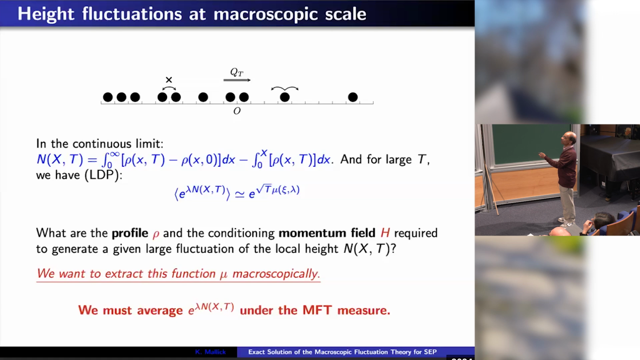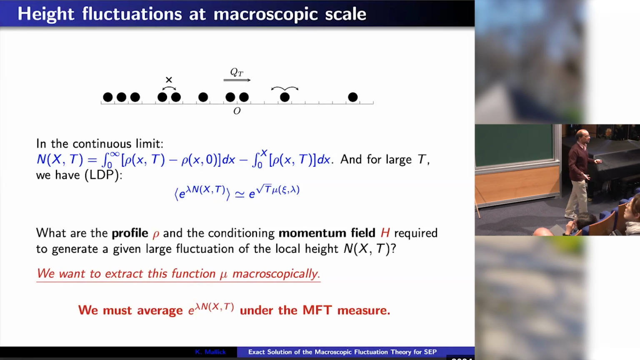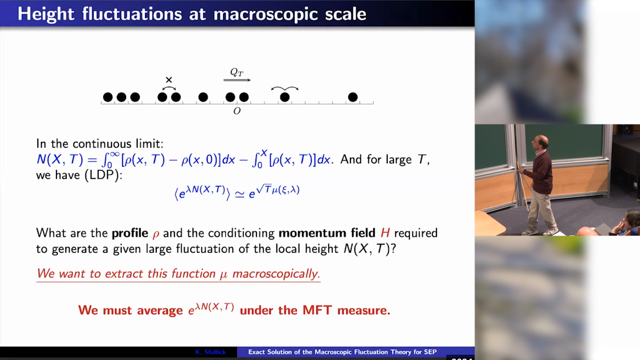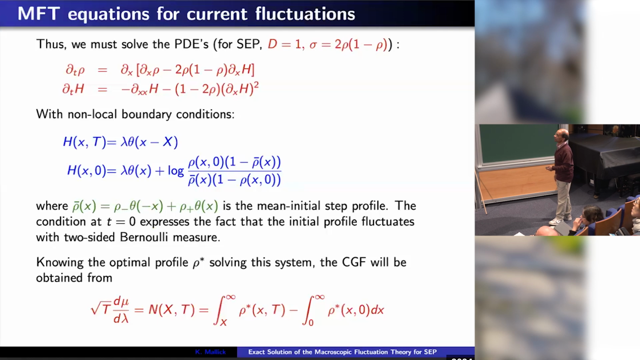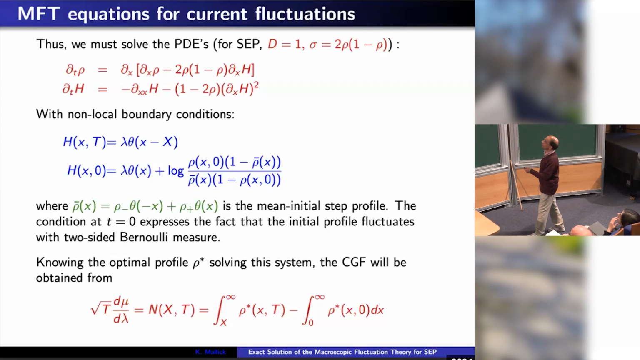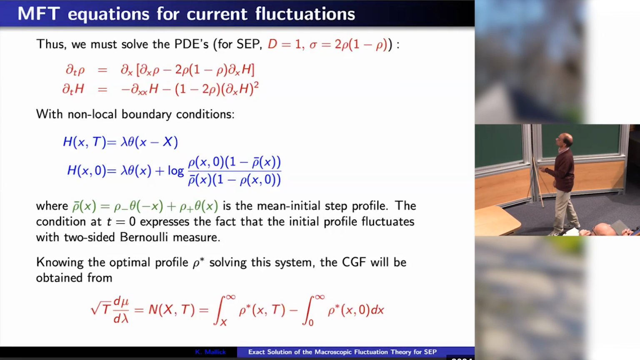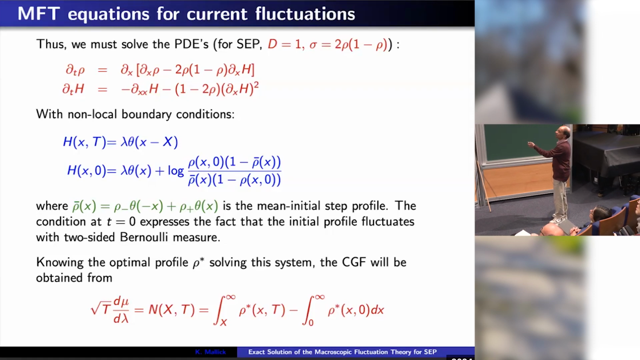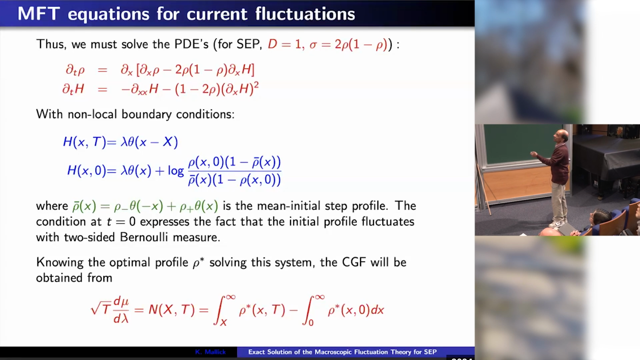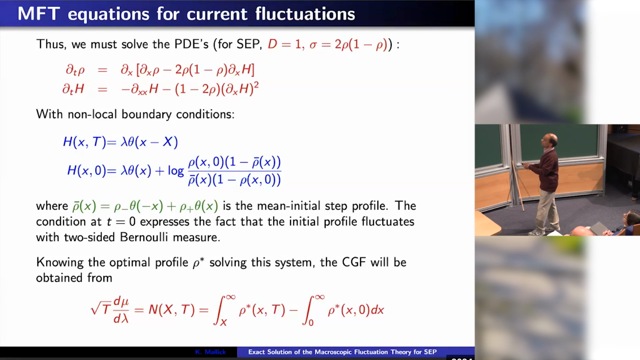Okay? So we have to compute a path integral. But this path integral will be dominated by saddle points of the action, and we want to compute saddle points. So long story short, what we have to compute in the case of ZEP, to compute the height fluctuations, we have to solve these coupled equations, which are the MFT equations,